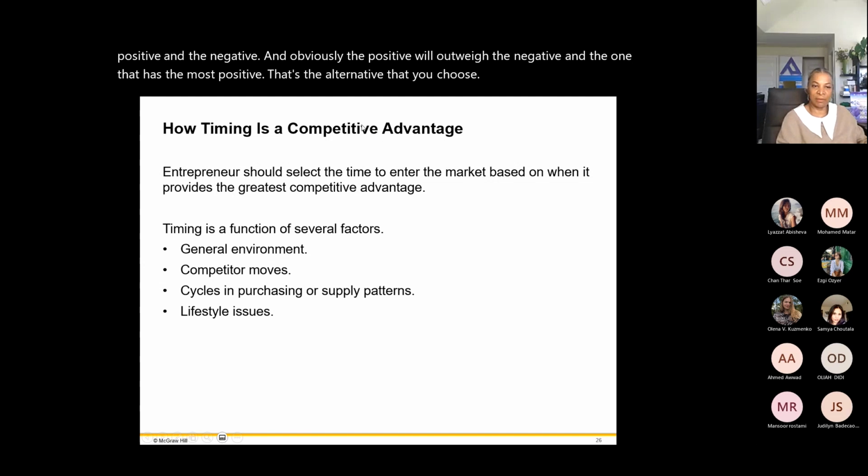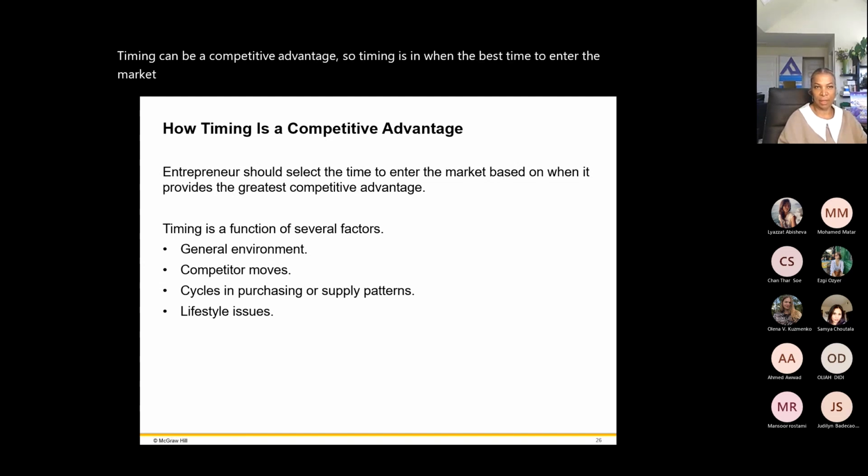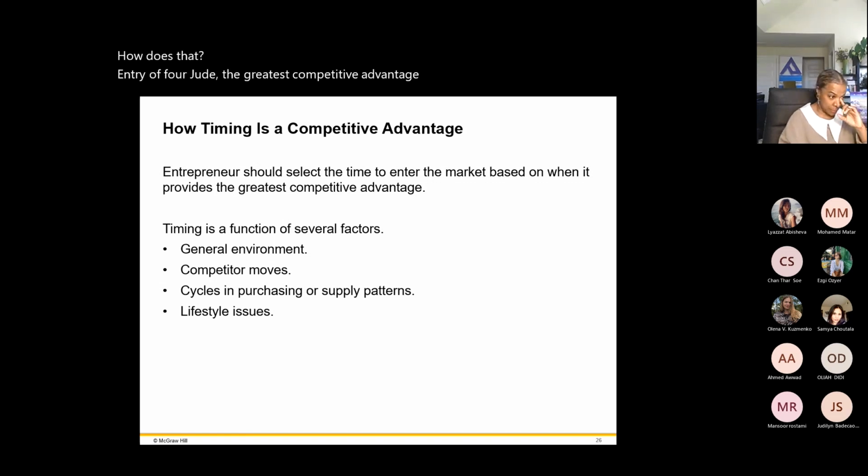Timing can be a competitive advantage. So timing is in when's the best time to enter the market. And how does that entry afford you the greatest competitive advantage? And if you are